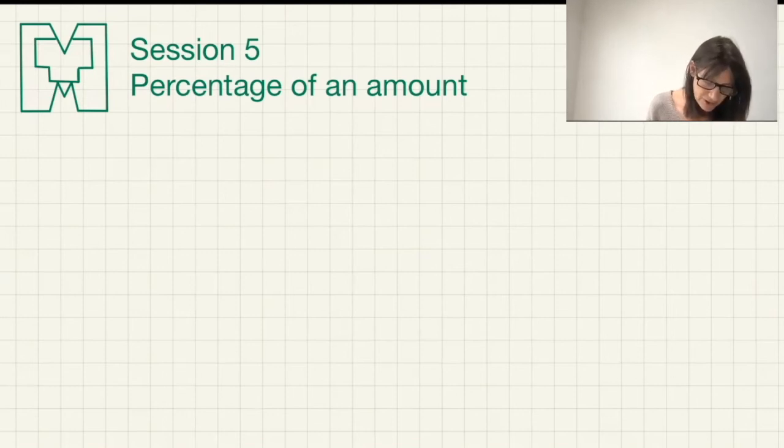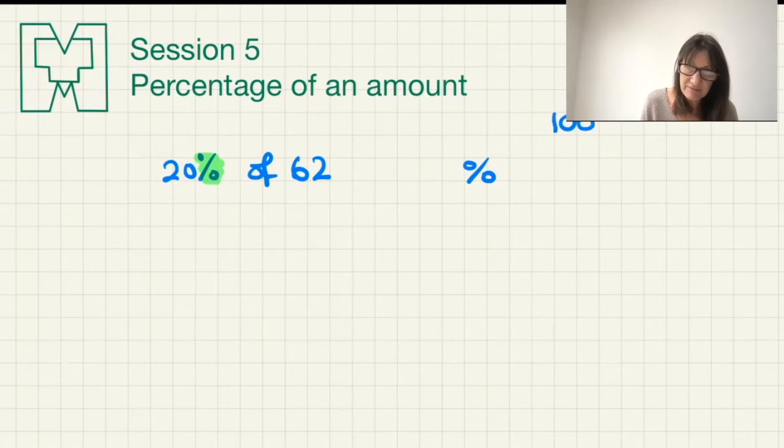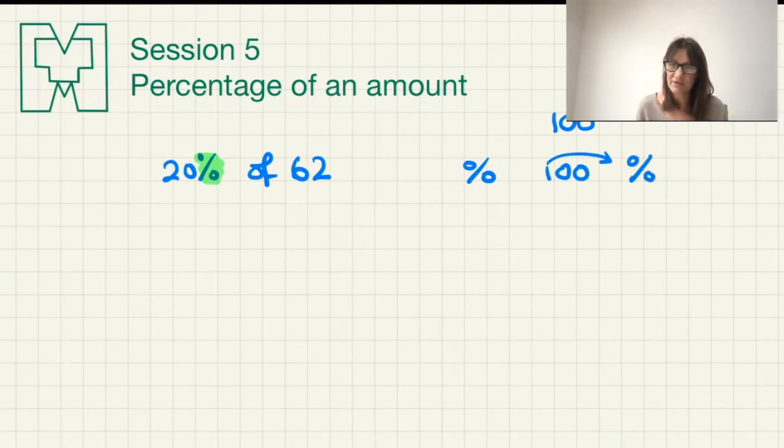So if I gave you the question, 20% of 62, we first of all need to know how to rewrite this. Now, the rewriting comes from understanding this symbol. The percent symbol is written using the number 1 and the 2 zeros. So that 1 is written on a slant and the 2 zeros are thrown over the side. And that's because percent links to 100, it means